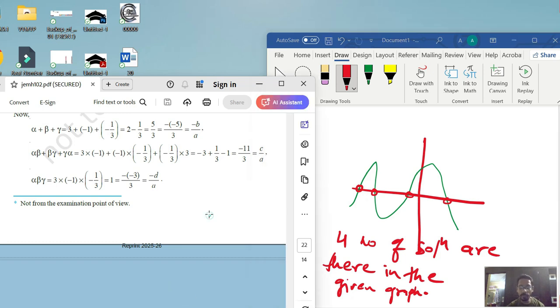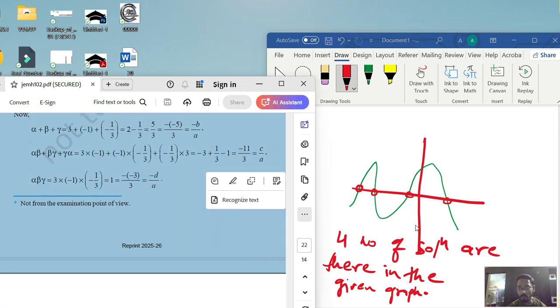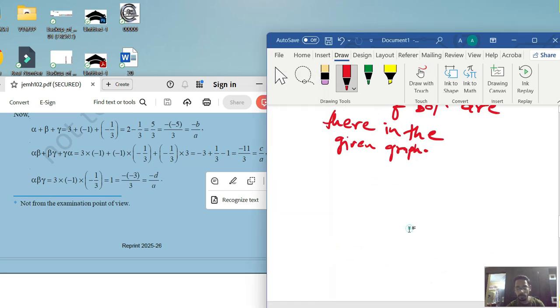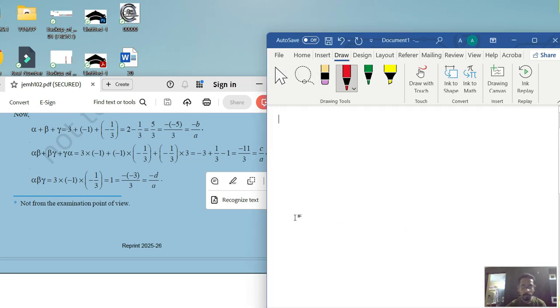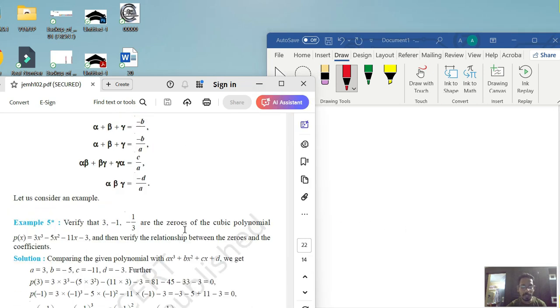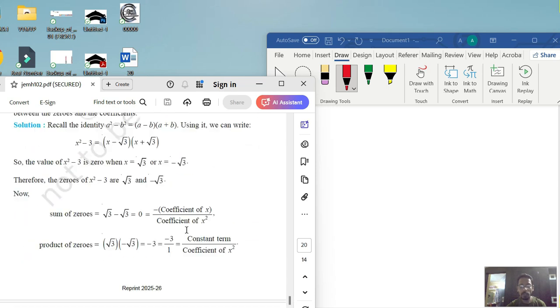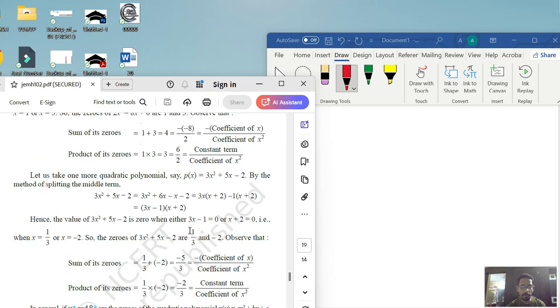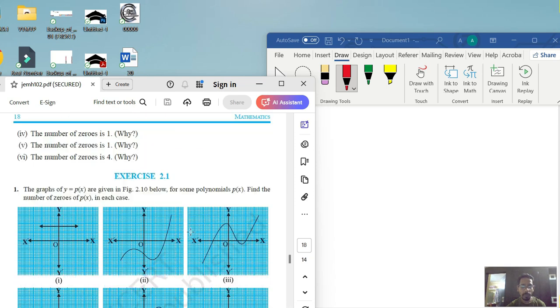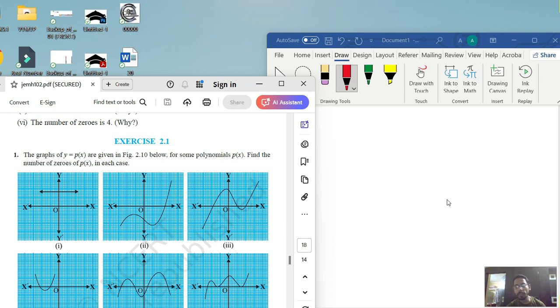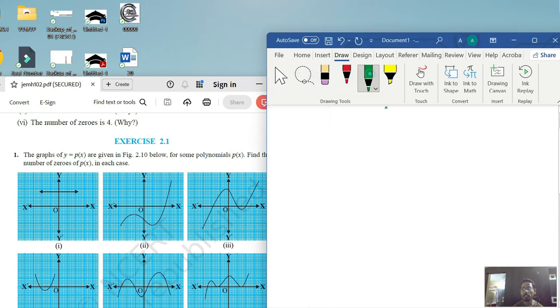Now we are going to discuss the questions of NCERT. So in the first exercise of NCERT, we have the same problem, the graph related problem. We have to find how many solutions there are. Okay. So if you see the first graph,